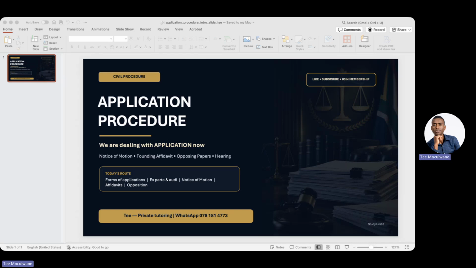Last topic, notice of intention to oppose and affidavits. Now, let us deal more specifically with the notice of intention to oppose. The notice of intention to oppose is not the respondent's full defense. It is just a formal notice that the respondent intends to fight the application, right? It must usually identify the respondent, state the respondent intends to oppose, and provide an address where the documents can be delivered. So the real defense comes later in the answering affidavit. So don't confuse the two.